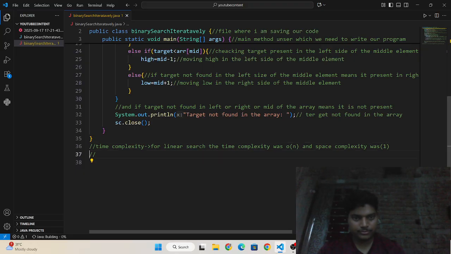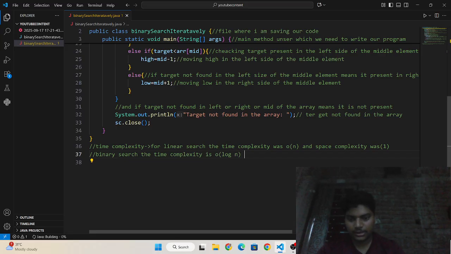And for binary search, the time complexity is O of log n.